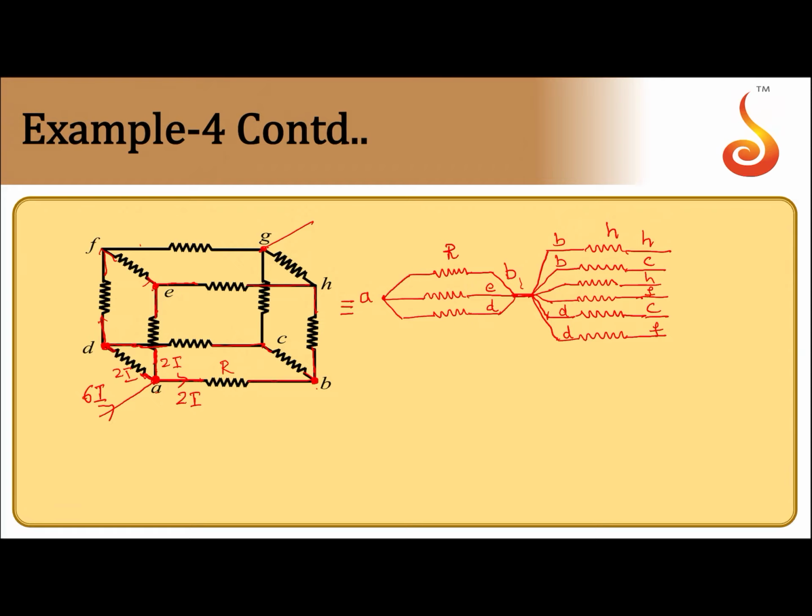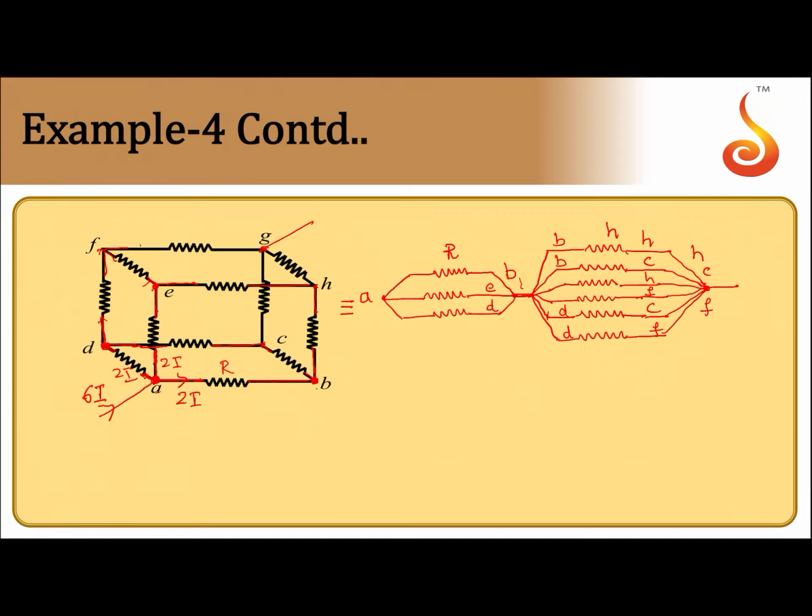Now, notice one thing: from B, after crossing one resistor you get C, after crossing one resistor you reach H. That means C and H are at the same potential, you can join them. Then similarly F and C are at the same potential. So, F, C and H can be joined. So, all these 6 terminals can be joined, so that all the 6 resistors we considered here are in parallel. All the 6 are in parallel. This is a common point for H, C and F.